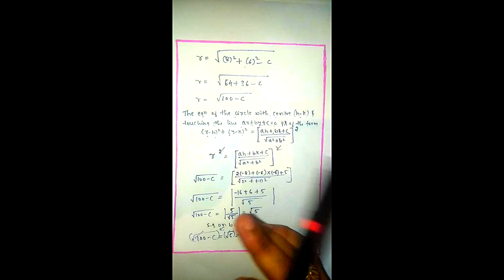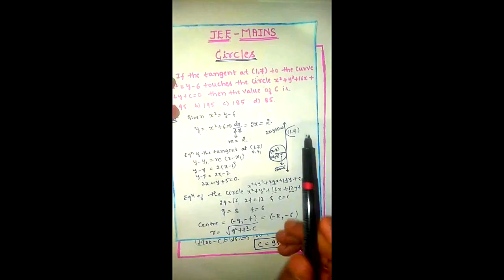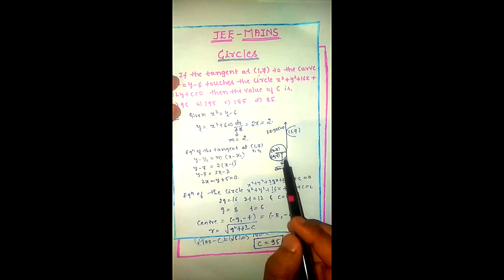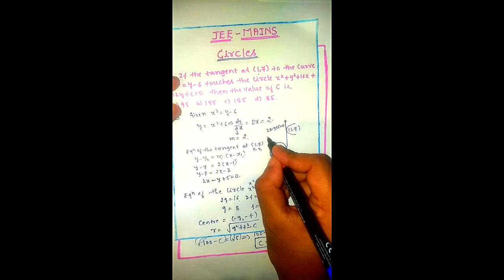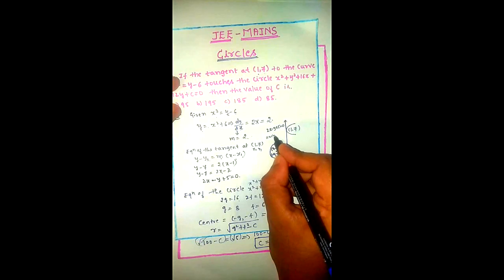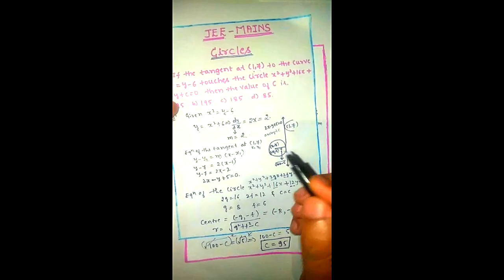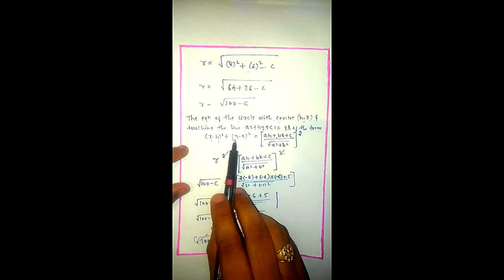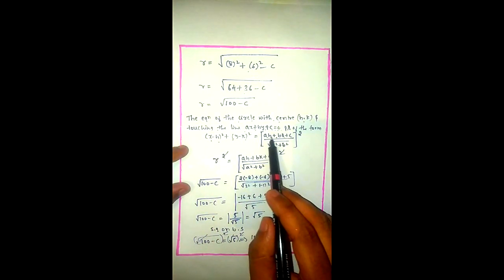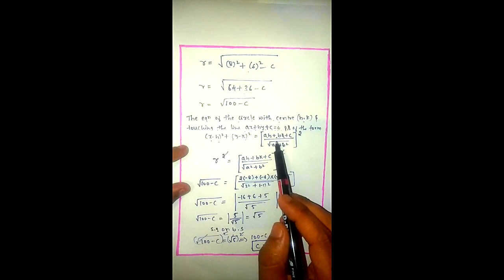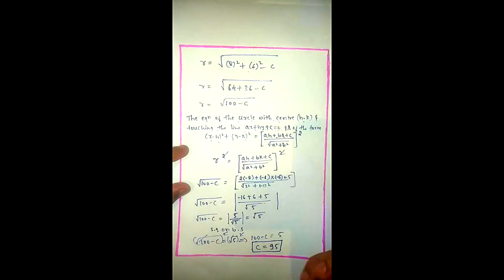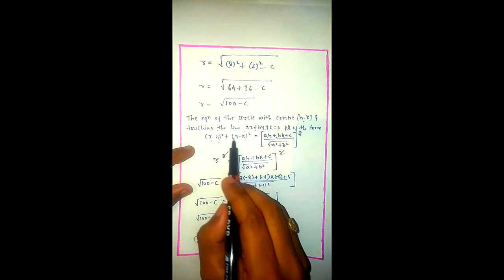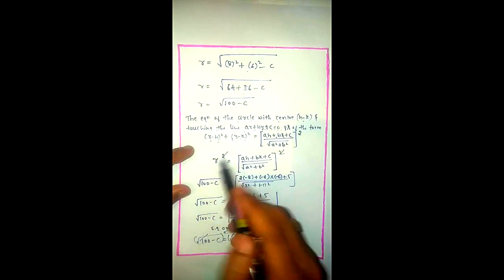Observe the diagram. The equation of the circle touching the line, with center (h, k) and the line equation ax + by + c, has the direct formula (x − h)² + (y − k)² = ((ah + bk + c)/√(a² + b²))². We know that the equation of a circle (x − h)² + (y − k)² is nothing but r², right?